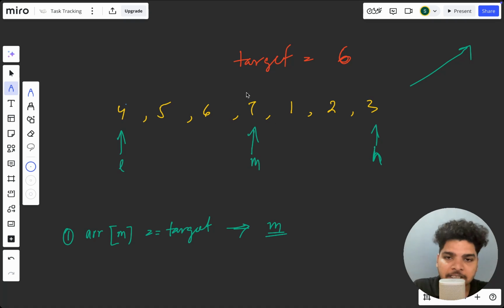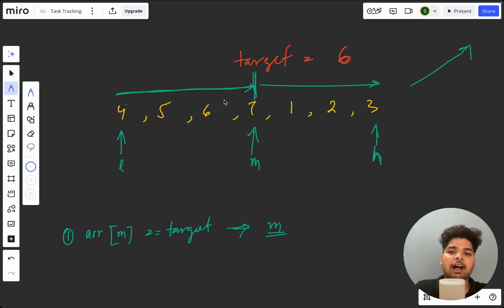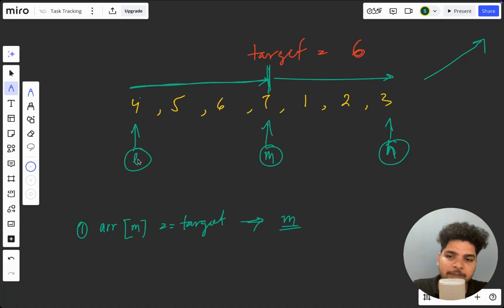That means if we take this as the middle element, then only one side of the array will be sorted. Now how can we check? We only check by this pointer. So if array of low is less than array of m,